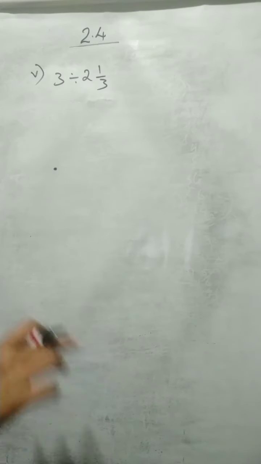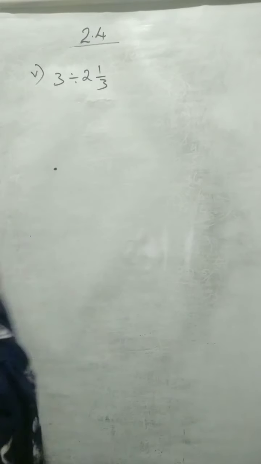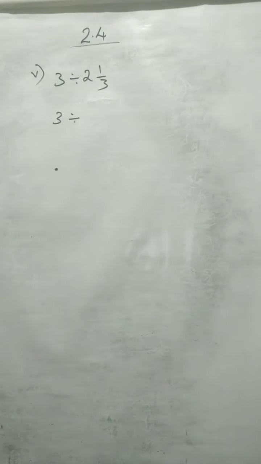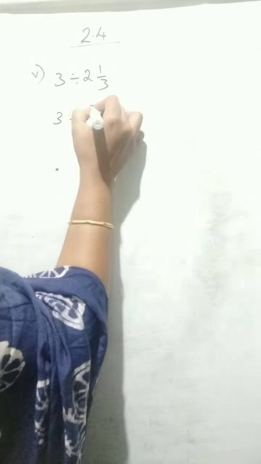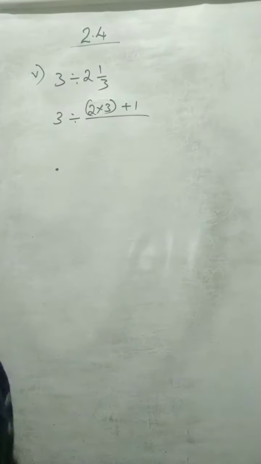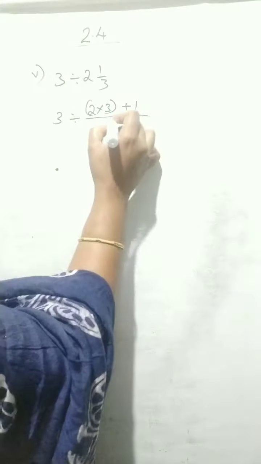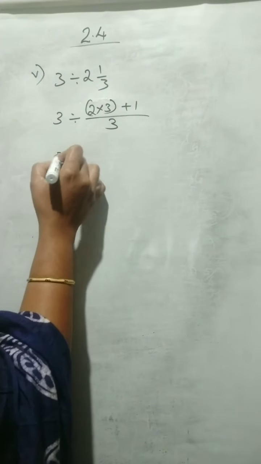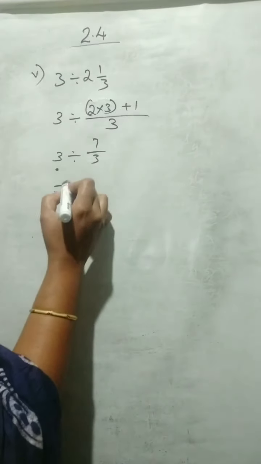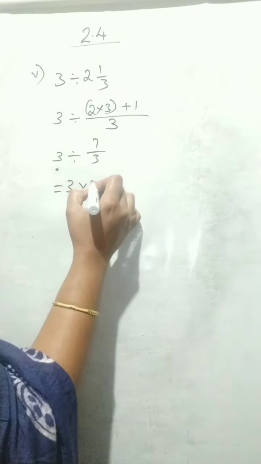Next, 3 divided by 2 and 1 on 3. Here we can see a mixed number. So the first step is we have to convert this into an improper fraction. So 2 multiplied by 3 plus 1. Whole number multiplied by denominator, then add numerator with the product, the whole divided by denominator. So 2 3's are 6. 6 plus 1, 7 on 3, which is equal to 3 multiplied by the reciprocal of